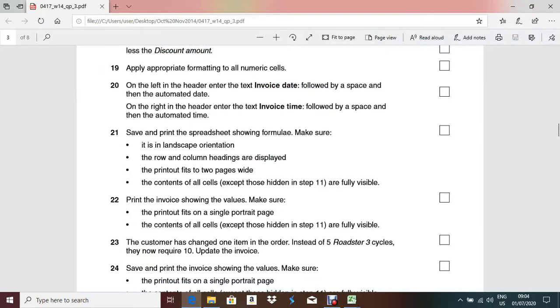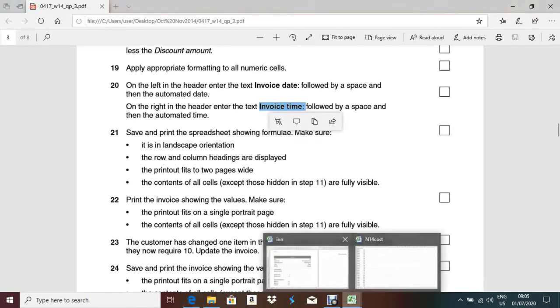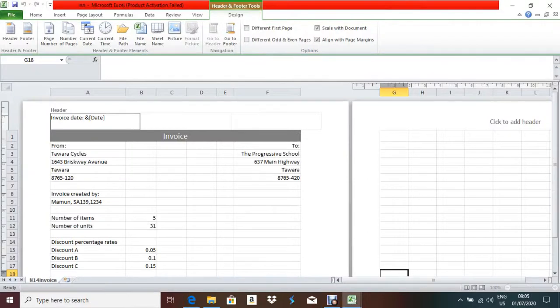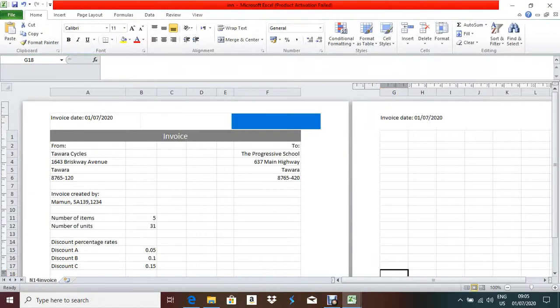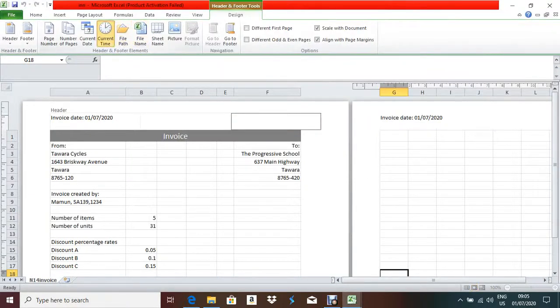Okay, on the right in the header, enter the text invoice time followed by space and then automated time. Same thing. This is the left align, this is center, this is the right align, and here you have to show the current time.